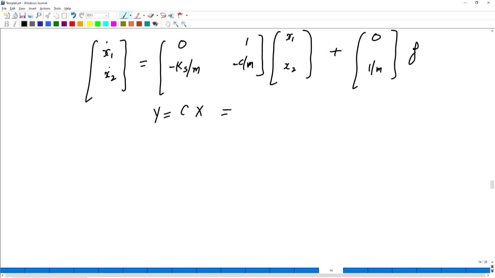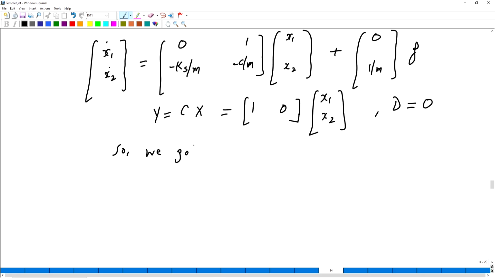If the measurement is only the displacement, we can take C as 1 0, and this is X1 and X2. And of course D is 0. For most practical applications, D is always more or less 0. So we have got A, B, C, D matrices.